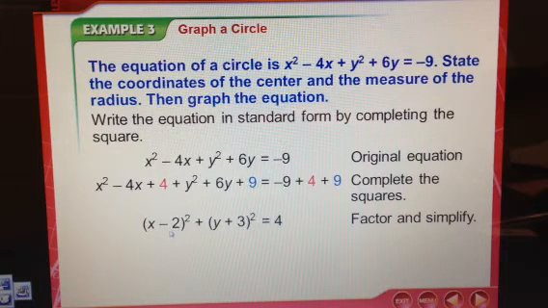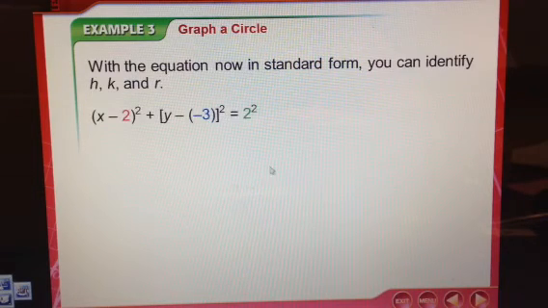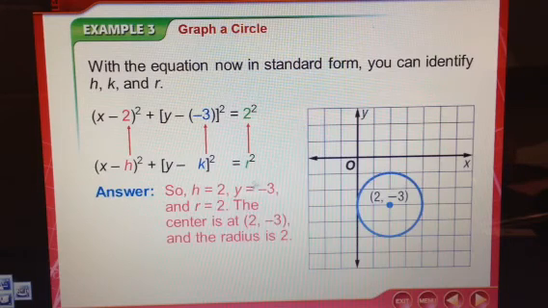So from here, we should be able to spot our center and our radius. Our center is 2, -3, and our radius is 2. Now it may help you if you go back and make sure that you have the minuses from the formula. So this +3 can become a minus a -3. And then we can square root the radius. The square root of 4 is 2, so we can write that as 2 squared. So if you haven't already, now you should be able to figure out that our center is 2, -3, and